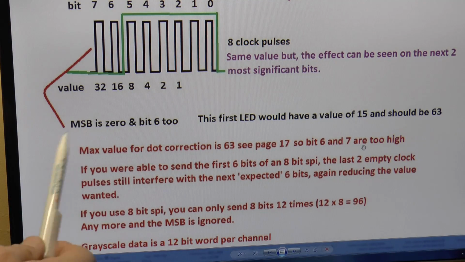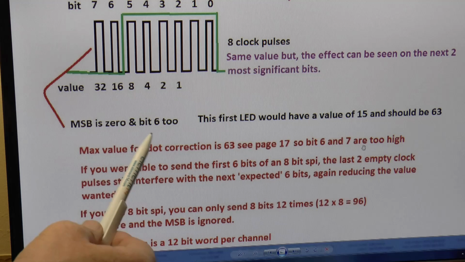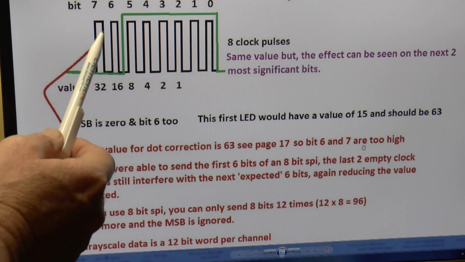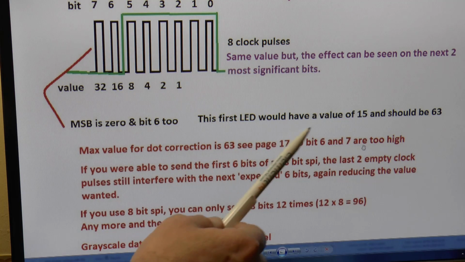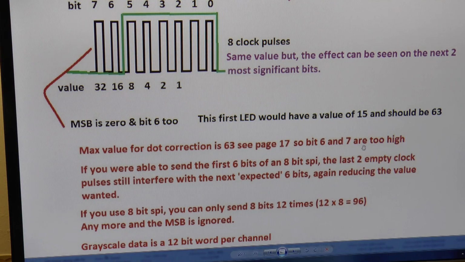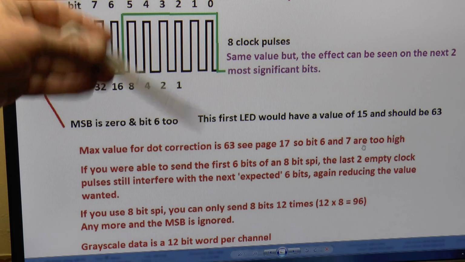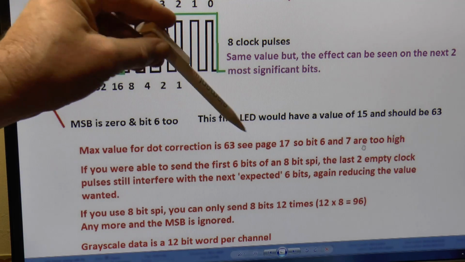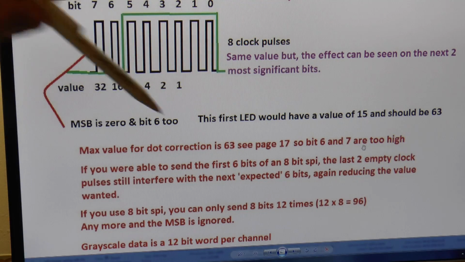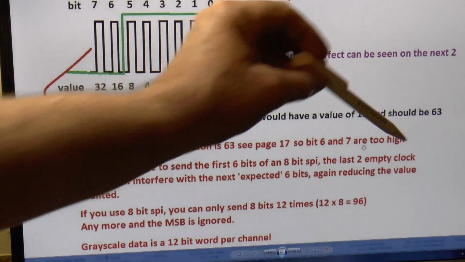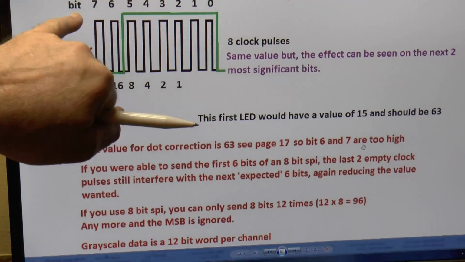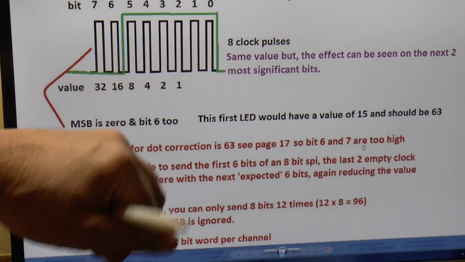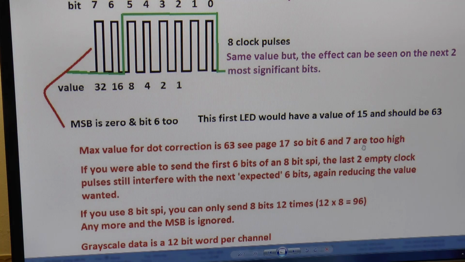So you've got more notes. Most significant bit is 0 and bit 6, 2, so 7 and 6. The first LED would have a value of 15 and should be 63. The max value for dot correction, which I've previously mentioned, is 63. See page 17 of the data sheet. So bit 6 and 7 are too high. So there's no permutation of these clock pulses that will give you a value of 63. But in case you missed it,